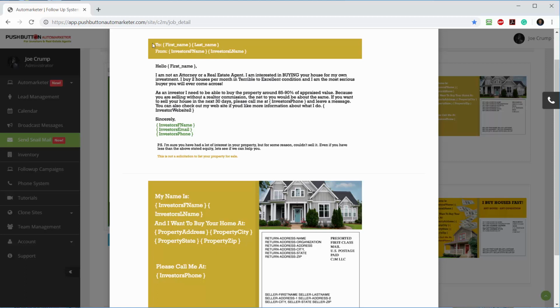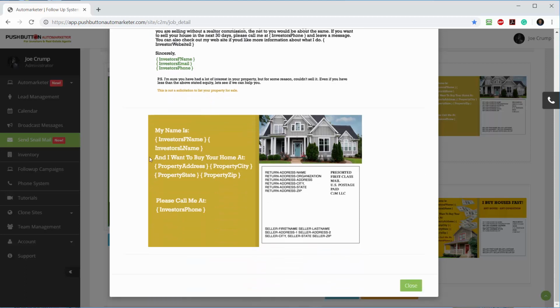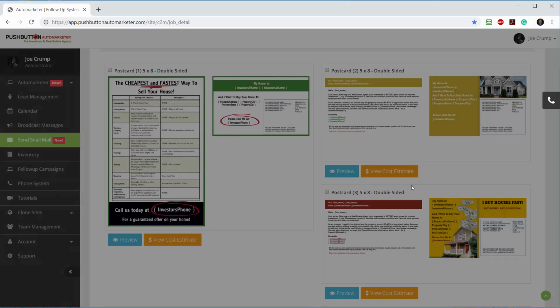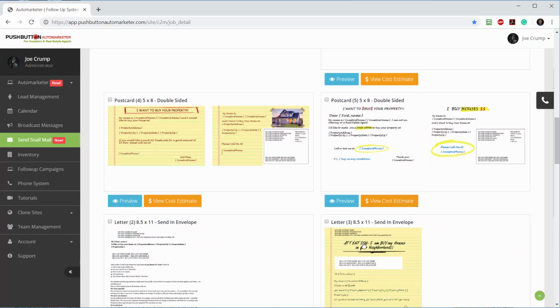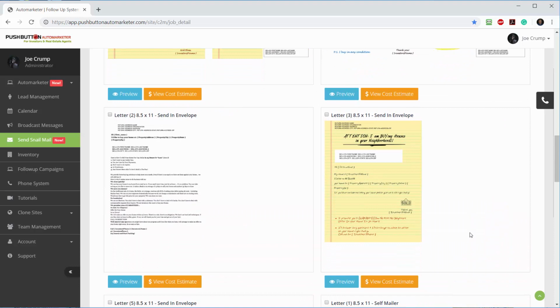Now, you can also see that each one of these postcards has merge information. It's going to show the lead's first name, last name, your first name, last name, hello, first name of the lead, and then it's going to have the investor's information, an email and phone number here. It's going to have all this information filled out, so it makes it clear and makes it easy to send this stuff out. So what you might want to do is go through here and read the different postcards, see which one you like the best or you think might be most compelling for the people that you've got,